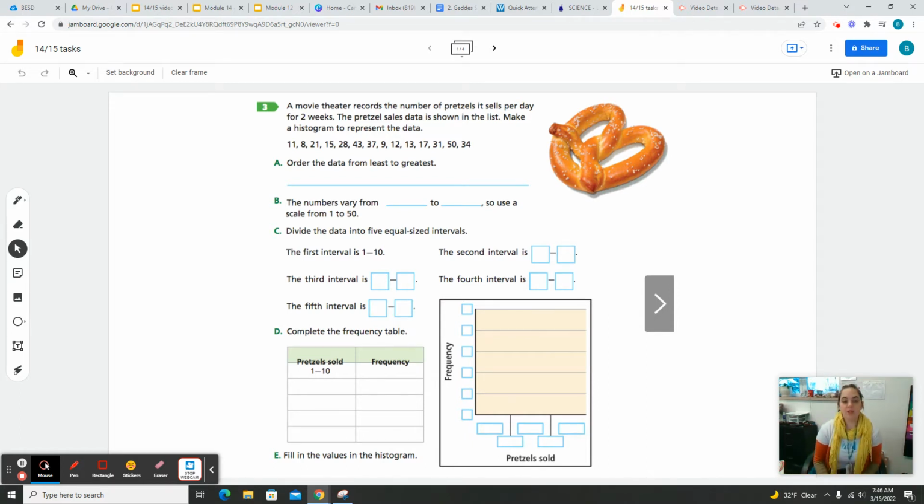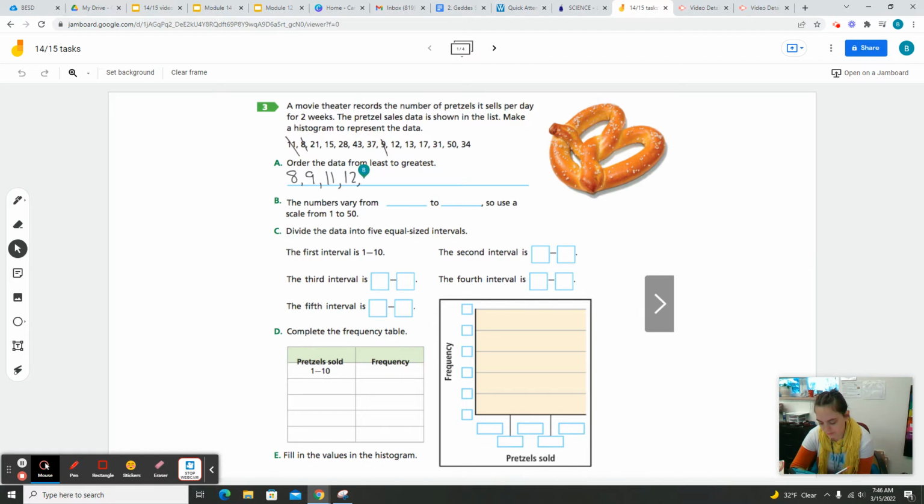The first part is to order the data from least to greatest so that we know what we should use for our scale. In order to do this, we have 8 as our smallest number, so 8 is going to go first. Then we have a 9. I'm going to cross these out as we go. We have a 9, 11,